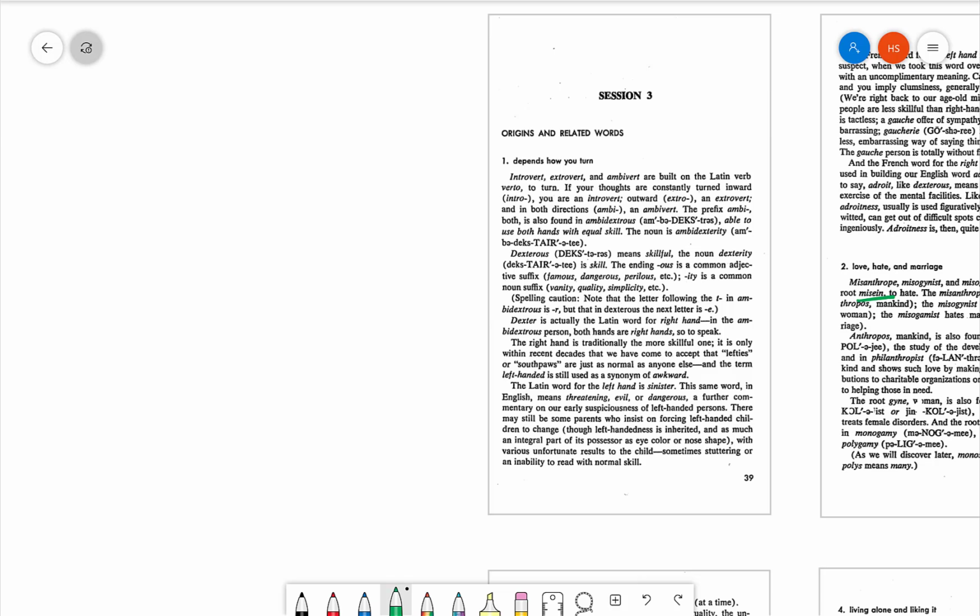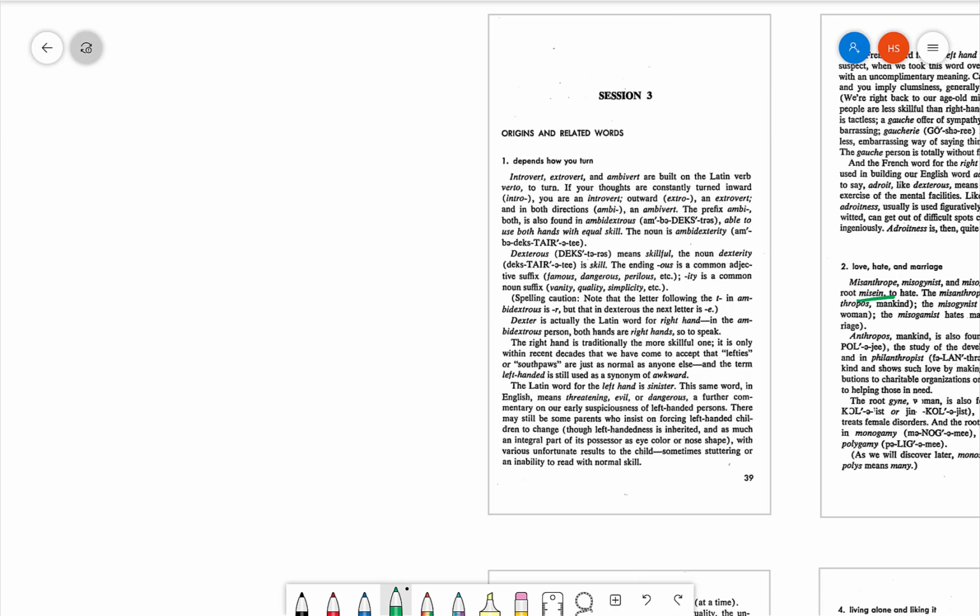In this video, we'll be covering the third session of Norman Lewis' Word Power Made Easy, a continuation of the personality types session, wherein we'll be exploring more about the different root words that are used to create these personality words. So let's move forward. Let's start the session.